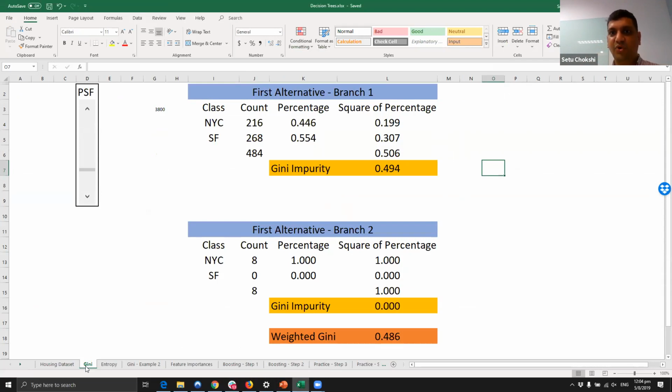In the meanwhile, let's go through how we work through the idea of the Gini index, right? So there are no macros in here, so you will be able to see the formulas and play around with it. So what I'll do is I'll set up some formulae, right? This is the threshold of elevation. So I'll set it at around 2000. Let me just override it so it becomes easier. So again, similar things, right? Left hand side becomes New York, right hand side becomes San Francisco. In this one, my right hand side is on the top, which is marked as branch 1.